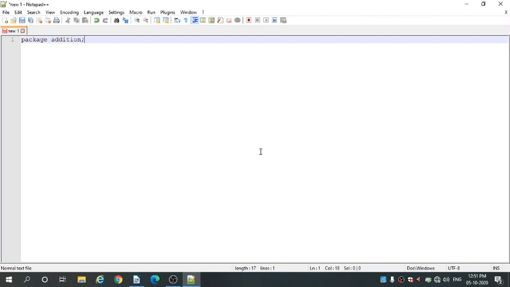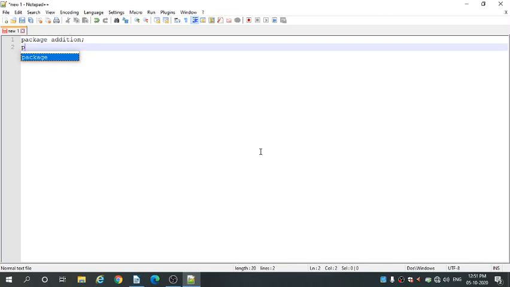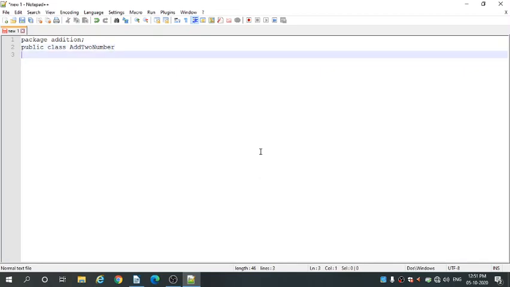Package is a keyword to create a new package. Okay. Inside the package addition, we are creating a class, that is public class AddToNumber. Okay. AddToNumber is the class inside the package.